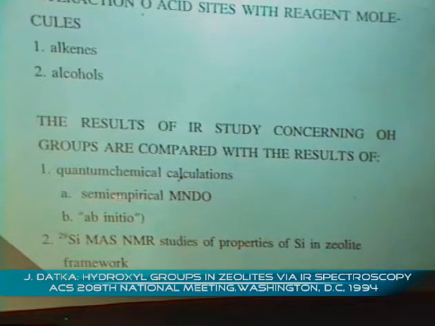We do semi-empirical MNDO calculations and ab initio calculations, and compare the results with IR data. We calculate the deprotonation energies of OH and the stretching frequencies and compare the calculated values with experimental values taken